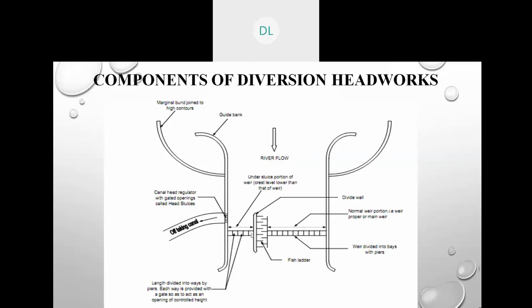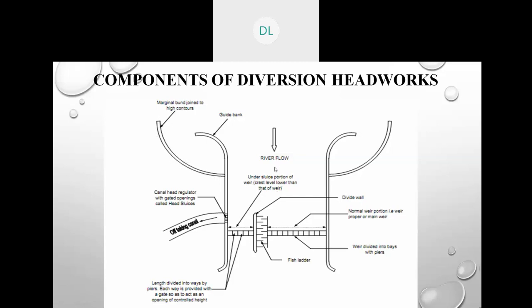Now after guiding, what happens? Water is accumulated. So we also need to raise these banks of the river. River banks are so low that any accumulation of water will spread out of the bank and flood the nearby farms. The water should remain in this enclosure and be guided into the canal. So we increase the level of the land here by construction of marginal bund, marginal embankment. They are also called levees.